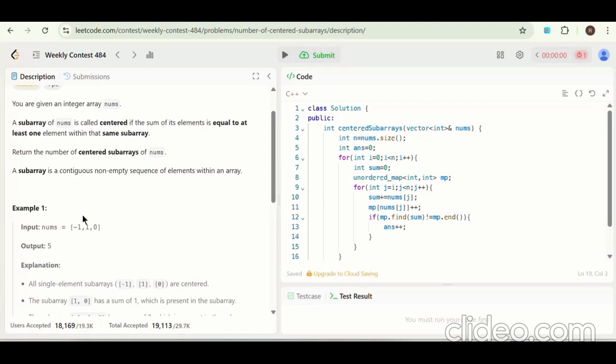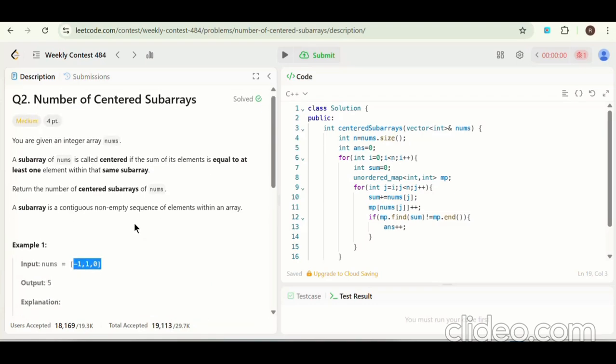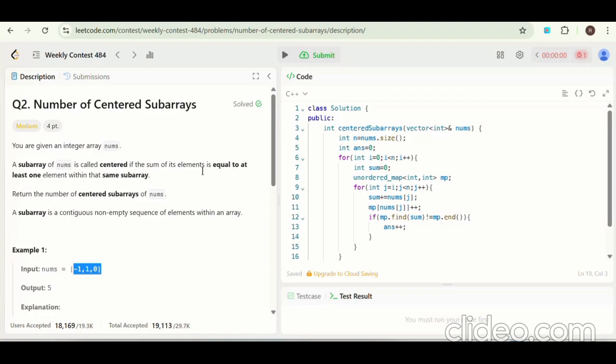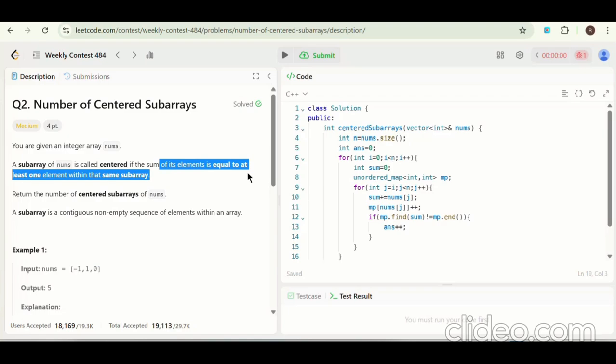A subarray is basically a contiguous, non-empty sequence of elements. Like, we can't break it. Just like if we start from the zeroth index, we can't escape this index and move to another index. It should be a contiguous non-empty sequence. Then I need to find the total subarrays, and in that subarray, the sum of the elements is equal to at least one element